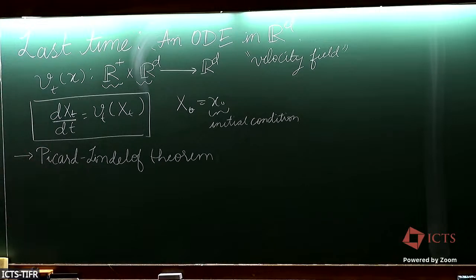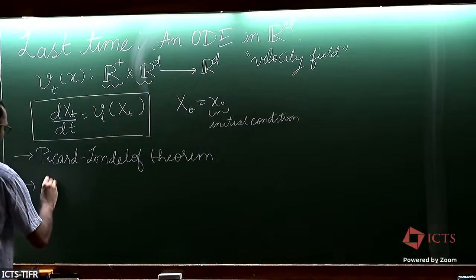Okay, then in the generative modeling setting, what we wanted was, we start with a random initial condition with a distribution, let's say a probability measure p_0, with density also called p_0, and we want to understand what is the density of x_t, which we call p_t. Okay, then we derived the continuity equation.